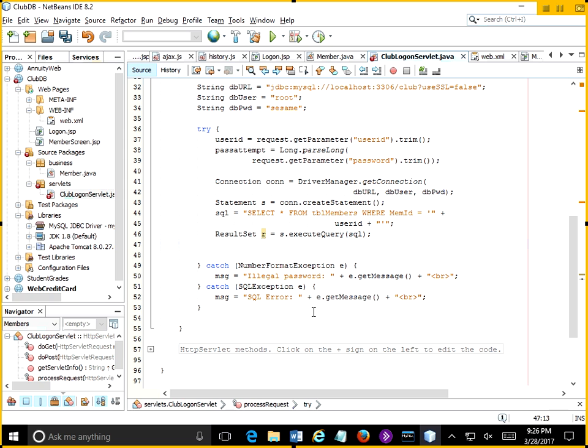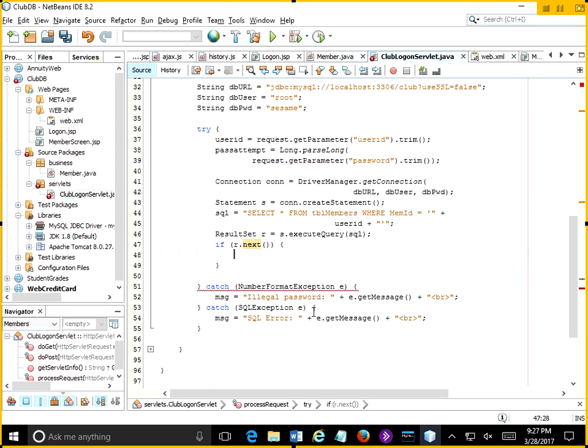What we need to know is, did we get back a record? We're hoping we got back only one, but we'll just check in this way. If r.next, in other words, if I can move to a record, because it doesn't come back with a record active. So if I can move to a record in the result set, then I'm assuming I got a member hit on the user ID, and it's time to build my